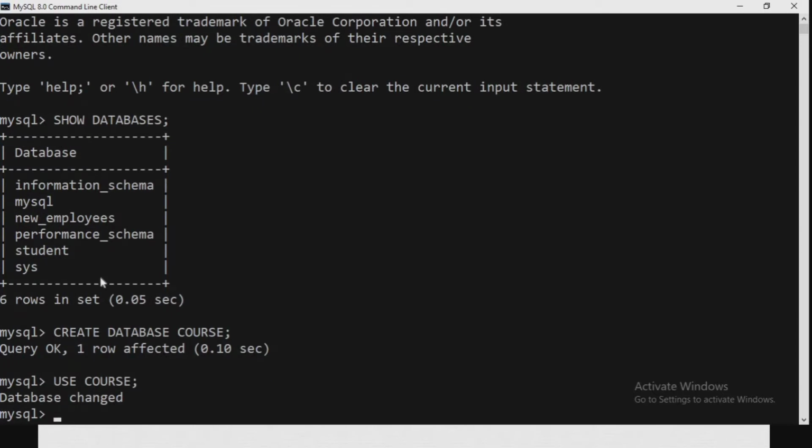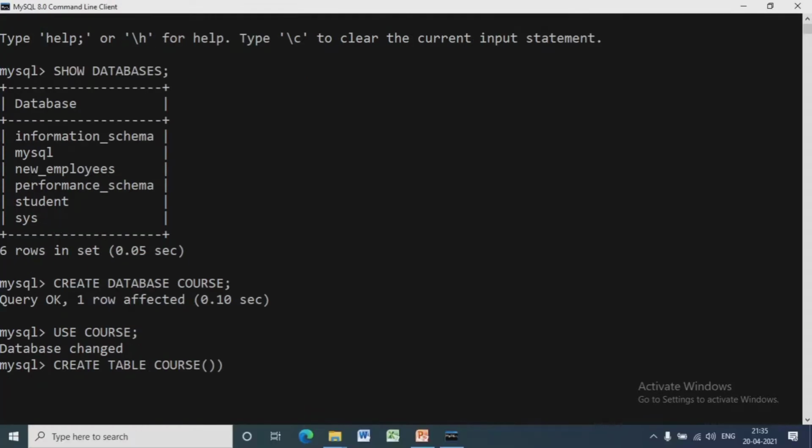Inside the course database, now we will create a table course with 3 fields: course code, course name, and credit hours. The first 2 are varchar and the third one is of char type.